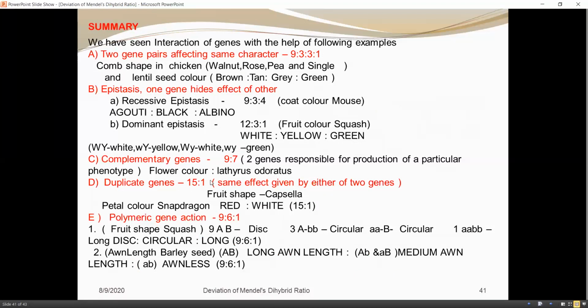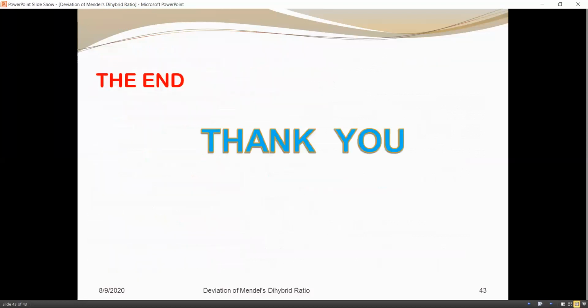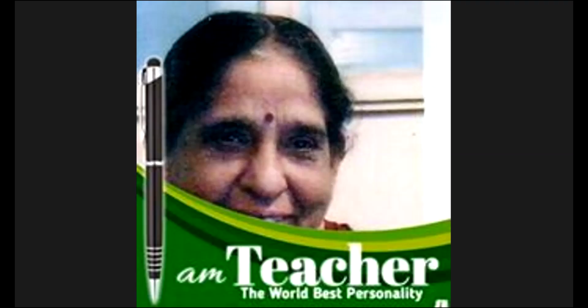Now we can see the summary in the following 2 slides. We have summarized whatever we have seen, and with this I would like to stop the presentation and end the